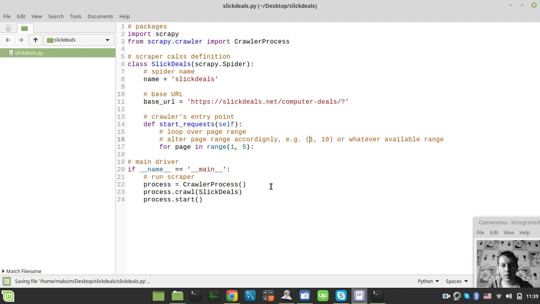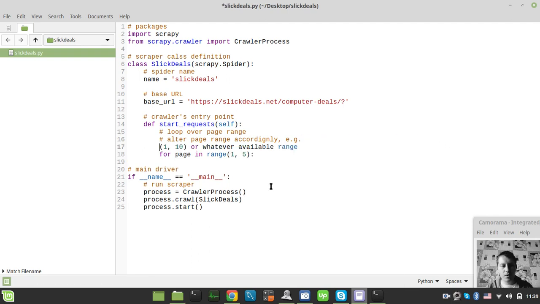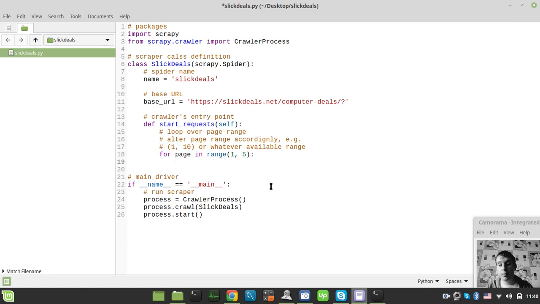Save, and maybe putting this into the new line as well. Okay, and actually now we need to dynamically create the URL to crawl here. So let's create the URL variable that would be equal to self.base_url plus, and we need to, oh